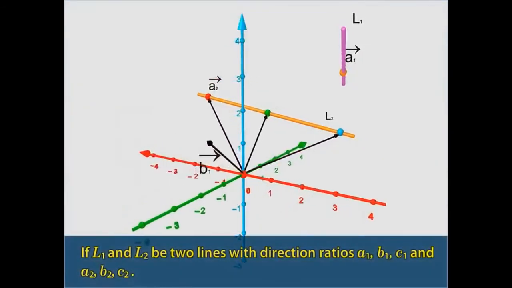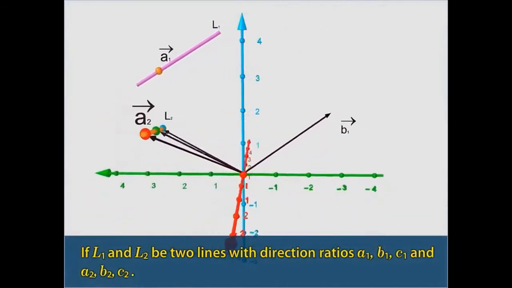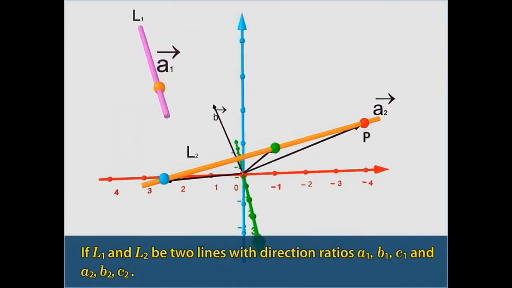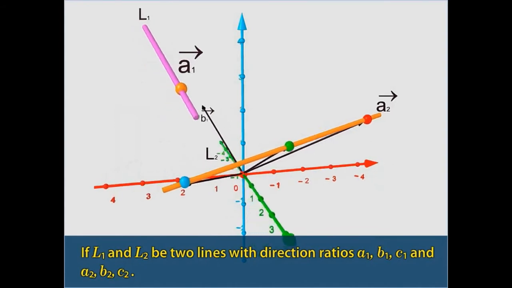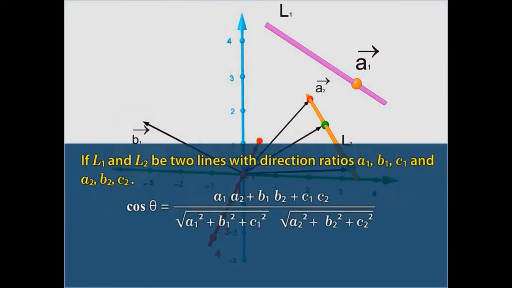If L1 and L2 be two lines with direction ratios A1, B1, C1 and A2, B2, C2, let P and Q be any points on lines L1 and L2, then the position vector of P is represented by the triplet A1, B1, C1 and position vector of Q is represented by the triplet A2, B2, C2. Let theta be the angle between the two lines L1 and L2, then cos theta equals